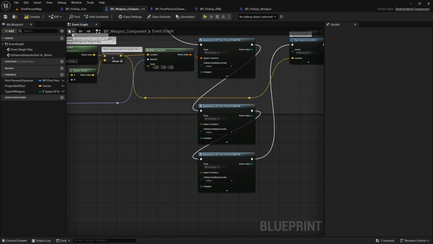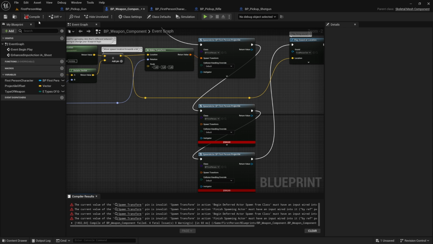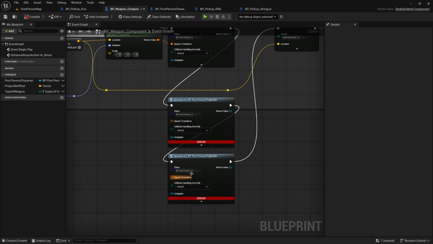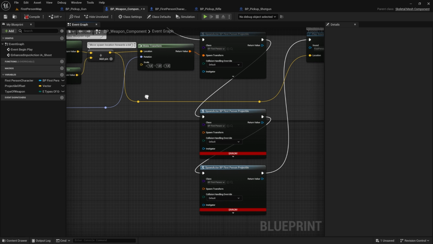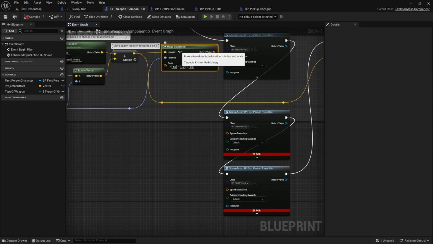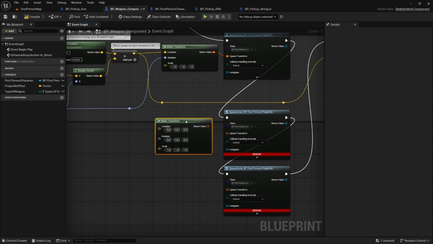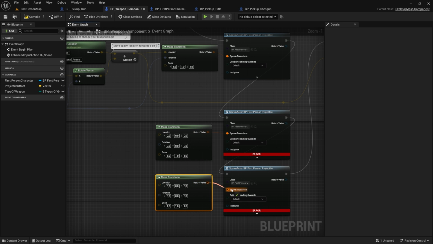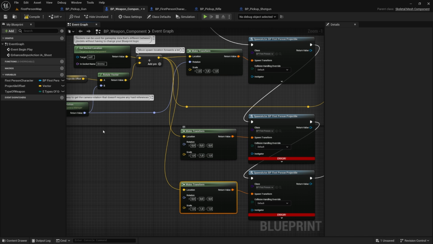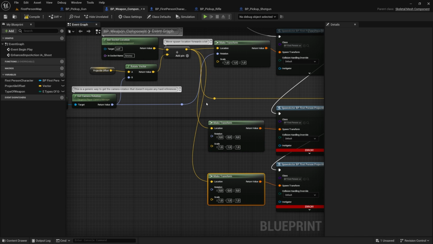If we try to compile, it's gonna not like it because we are not filling the spawn transform pin. So that's a thing that I need to do now. But what I'm gonna do is I'm going to duplicate this. Just like that. In location, it will be the same location. But the rotation will change a little bit. How so? From here,